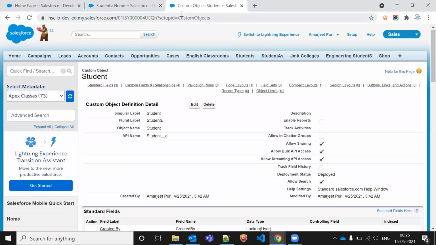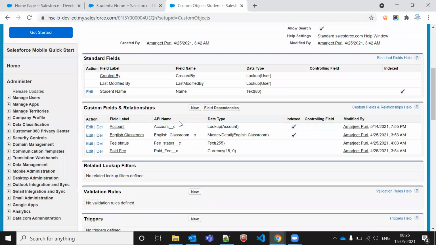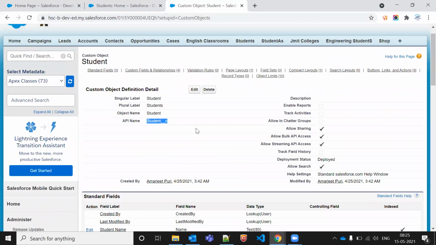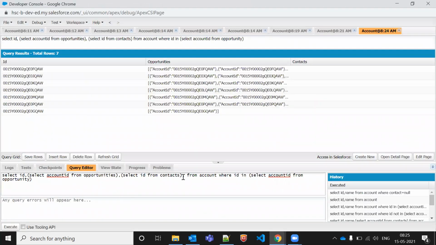Okay, fine. So what I'm trying to do here, this is child object now. Account is parent object, right? So I want to fetch this custom object as well in this query.